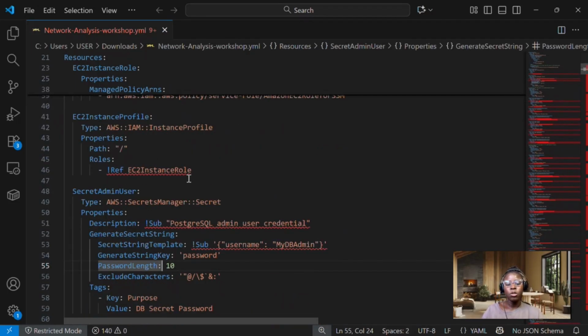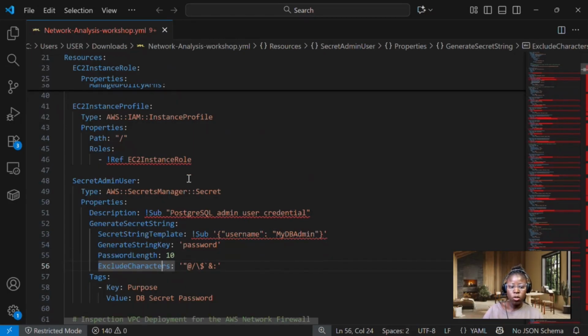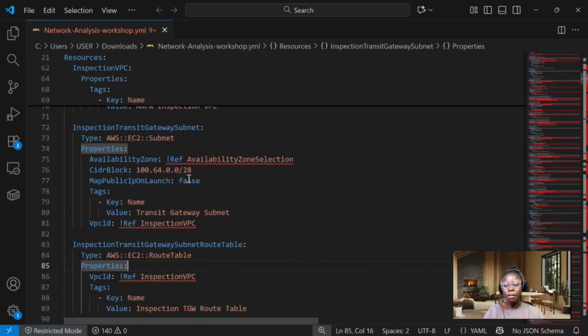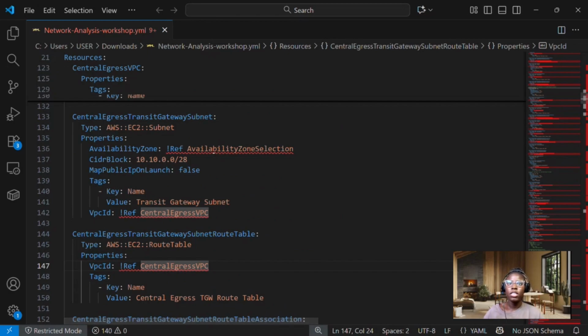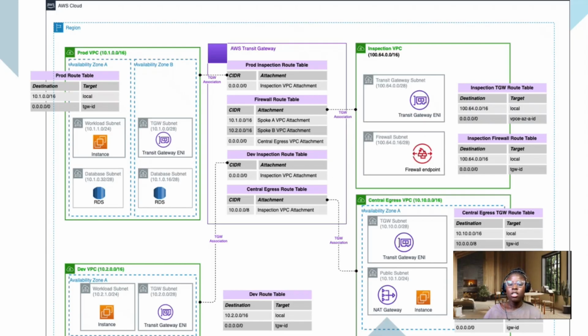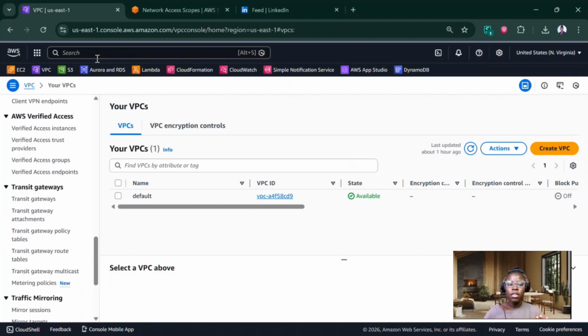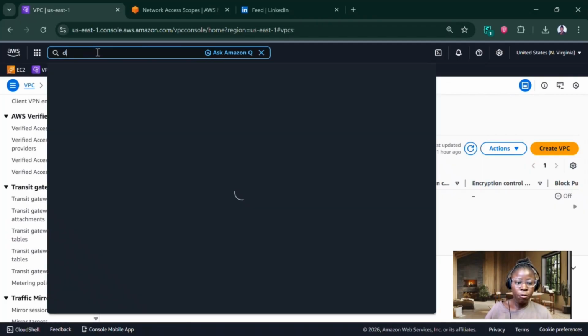I'll share a link on where to get this template. It's just part of AWS Workshop Studio. It has a lot of parameters and lots of resources. So what I'm going to do is use CloudFormation to launch this template. And while it launches, I'm going to come back and try to explain this architecture, just to save on time. Okay, so CloudFormation,